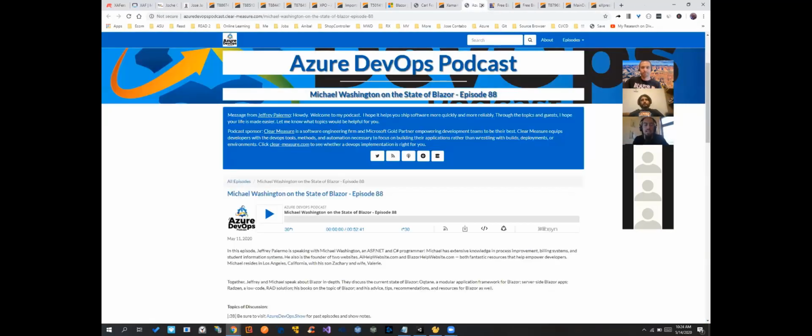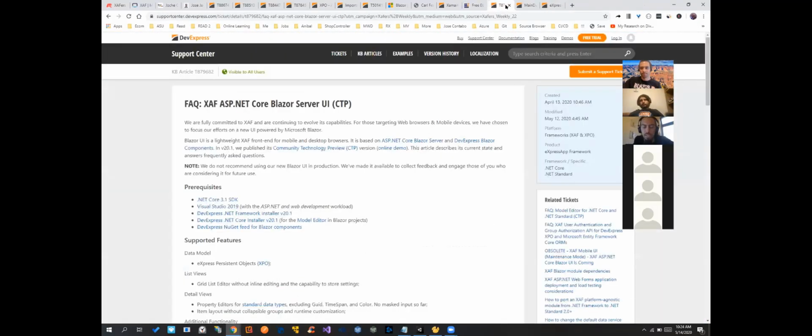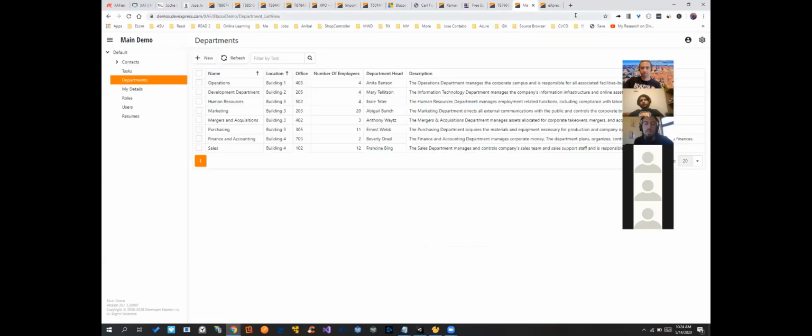The thing why I love XAF and XPO in the first place is that XPO is really one of the best ORM mappers out there. It's blazing fast. It has 20 or something like this, or at least 15 database providers. It's 14 plus all the other ones that are not official. I've written unofficial database drivers for XPO myself, and it was not a huge deal. Of course, it's work, but